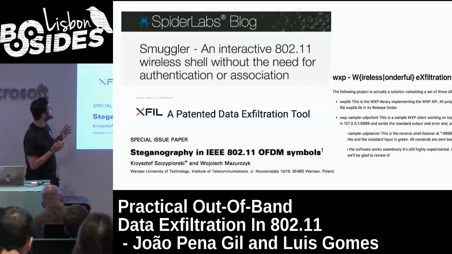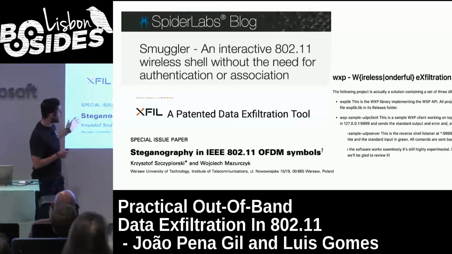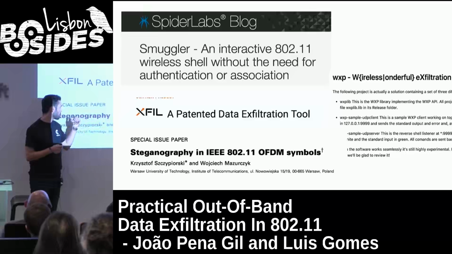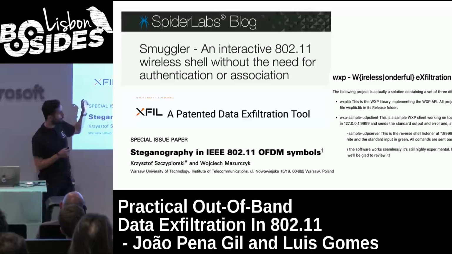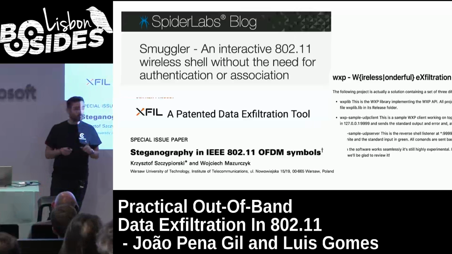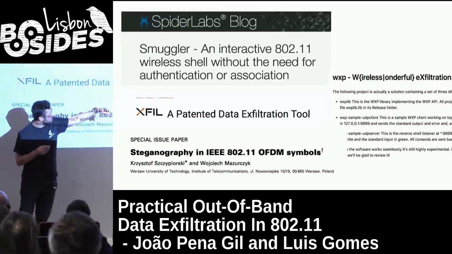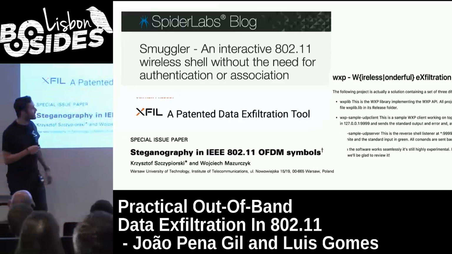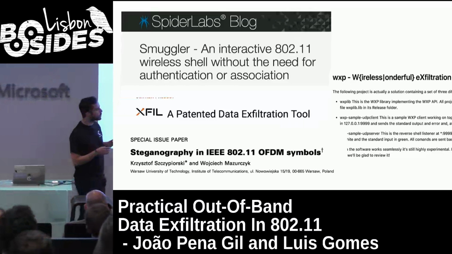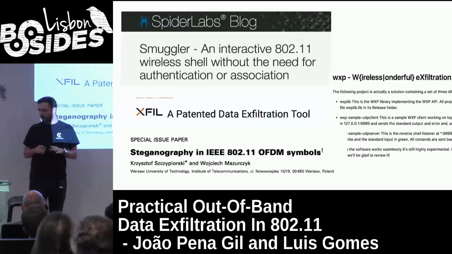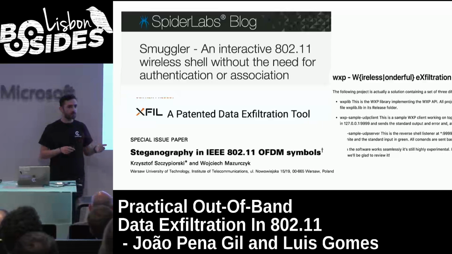I think the famous one will be Spider Labs' tool called Smuggler, and there are patents already on steganography or something similar. We have exfiltration patents on devices similar to what we are about to show, and there is also one that is pretty much a library that creates UDP channels, and it's similar to ours. We're going to show on the next slides that these are nice implementations, still flawed by design,